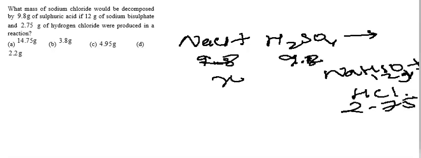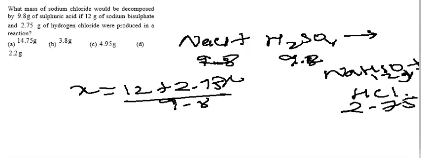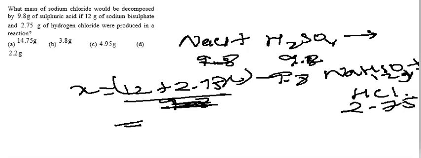We directly apply the law of conservation of mass. X will be 12 plus 2.75, and then subtract 9.8. So this will give us around 4.95. So option C is